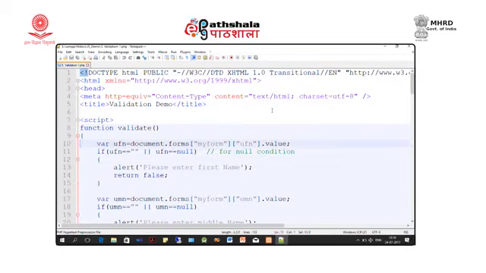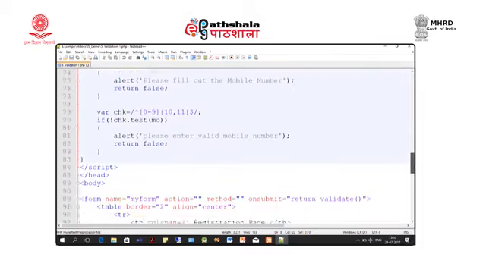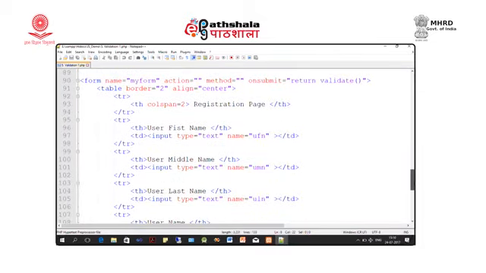So, here is a function validate which accesses the user's first name. Before understanding the function validate, we go to the HTML part.